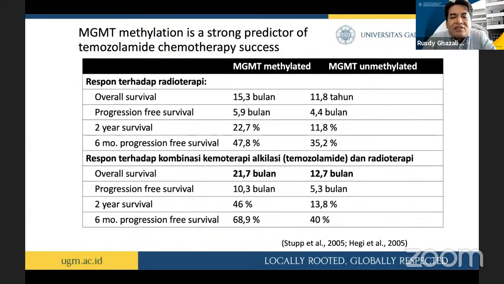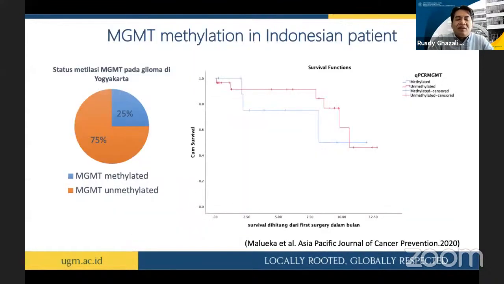And this table summarizes the difference between MGMT methylated and unmethylated with chemotherapy. Without methylation, we predict 13 months if the patients have chemotherapy and radiotherapy. But with methylation, we have 22 months for this temozolomide chemotherapy. We studied this in Indonesia, but the sample is still too low, I think, right now, so we don't have any